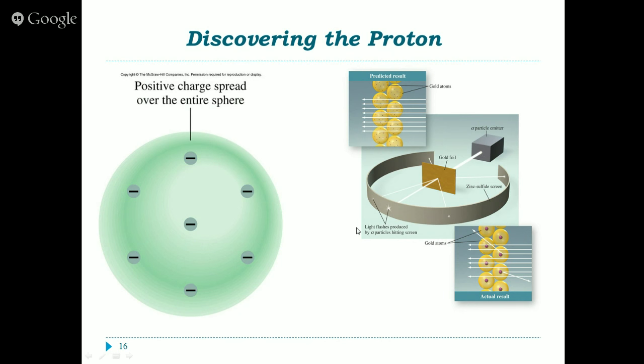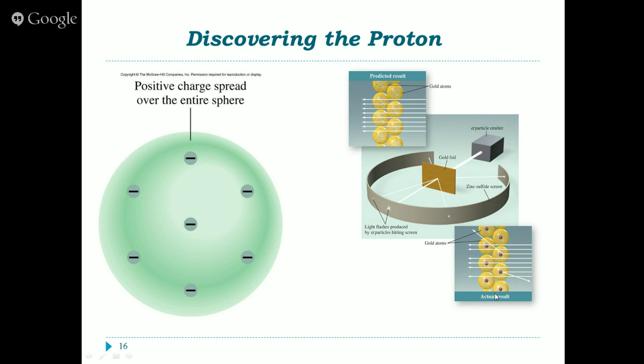So the original assumption that this was what the atom looked like was incorrect. Instead, he discovered that within an atom, there is a tiny center to it where most of the mass is, and it is positively charged. He knew it was positively charged because the particles here are positively charged, and they were deflected. They did not stick, they bounced off. They were repulsed, repelled, okay? Positives repel other positive charges.